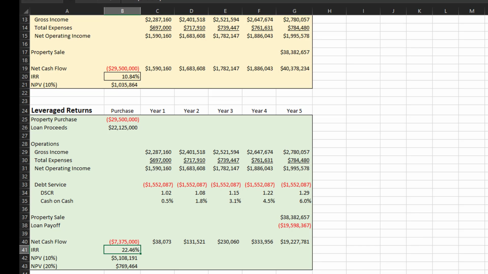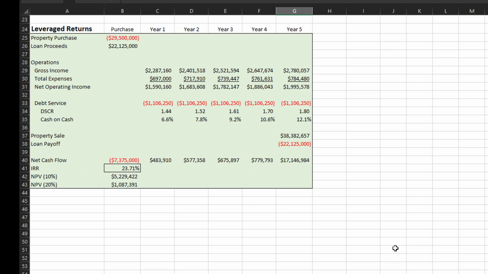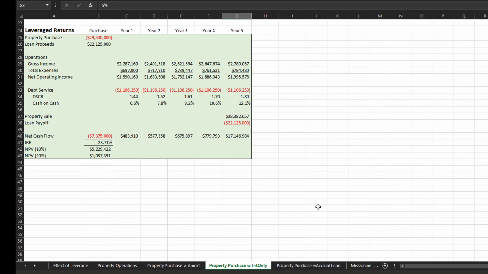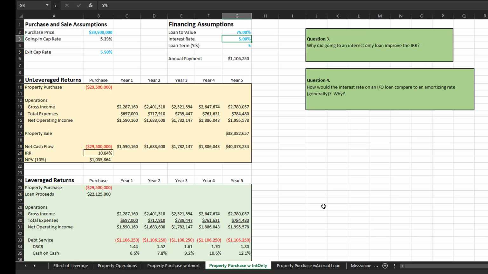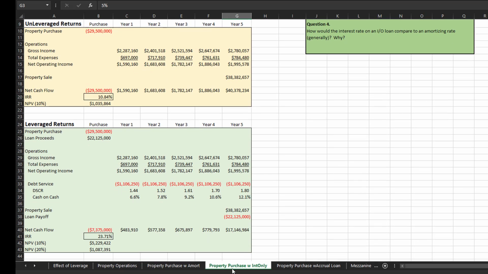What we're going to do in the next video is take a look at a different kind of loan. That's another important part of this chapter, looking at financing alternatives. We're going to look at an interest-only loan. That would be a loan where all you do is pay interest. You don't pay any principal amount. There's no amortization going on. We're going to pick up with this tab looking at an interest-only loan, and we'll do that in the next video, and I will see you then.